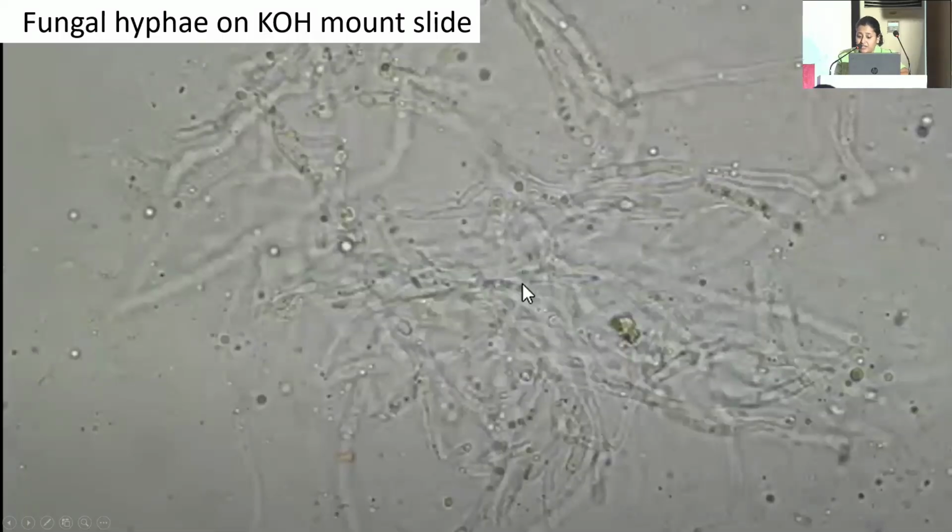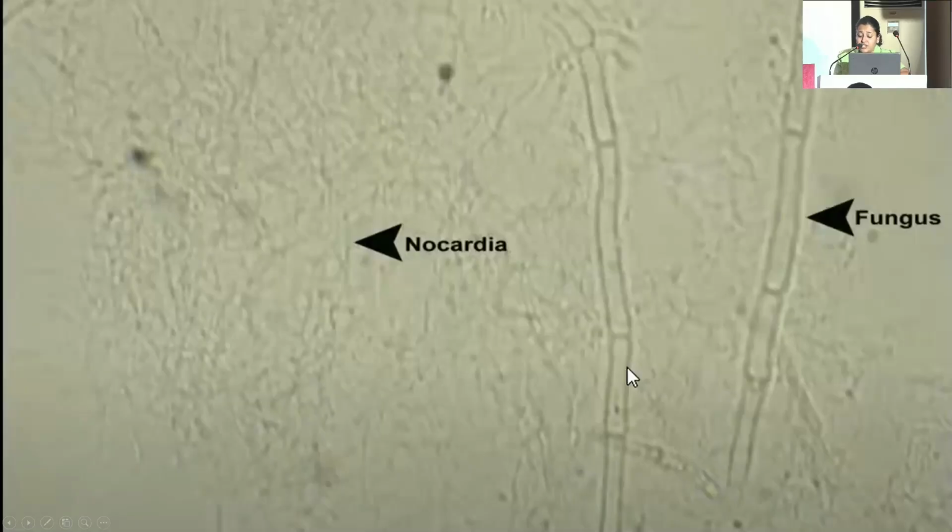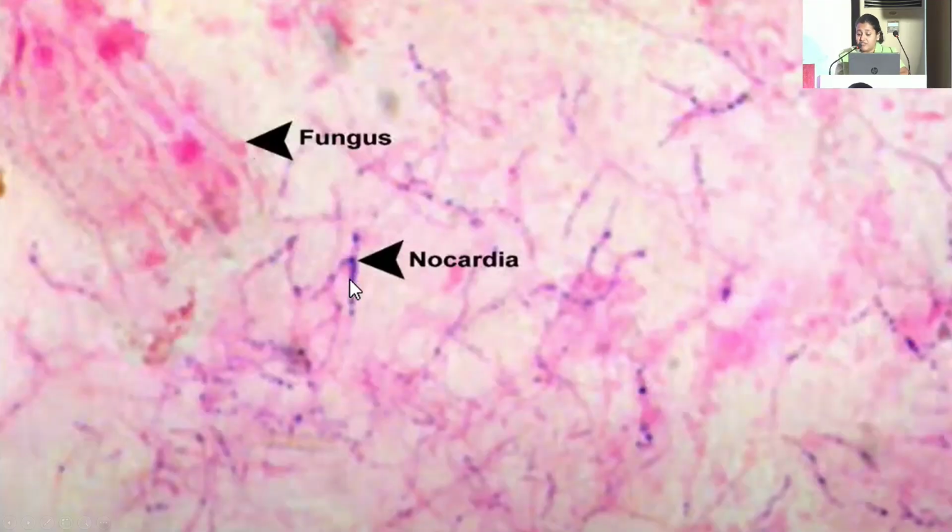These thick bamboo-like elements are what fungal hyphae would look like on KOH mount. There's always a chance of finding coexisting bacterial and fungal elements on the KOH mount. These round or oval budding forms indicate yeast. However, when we have limited scraping, always choose to perform Gram stain as it is far more sensitive for both